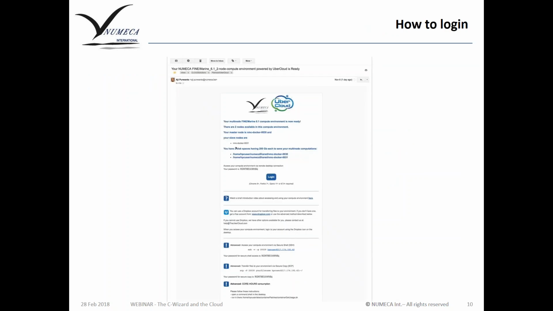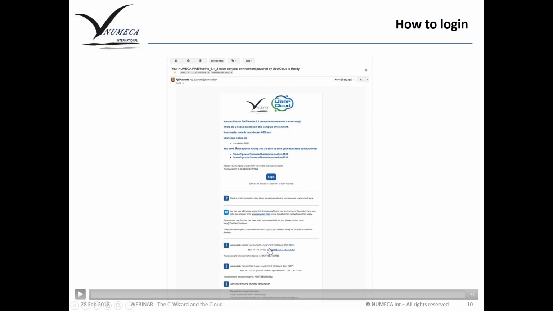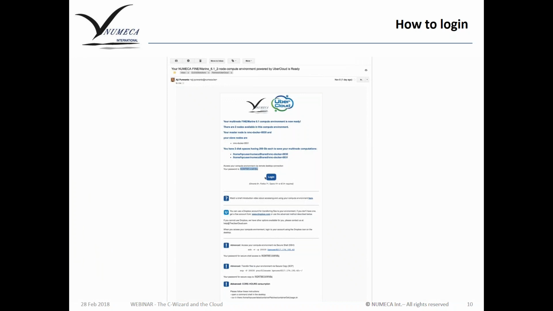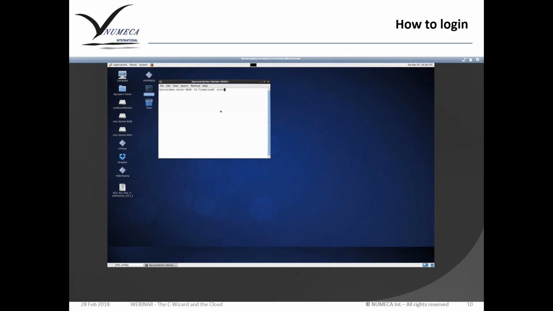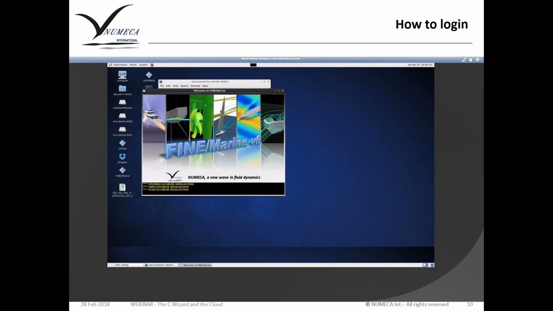And the second step was that you are going to receive an email. This email is shown here on the screen, and I'm just going to make a demo of what will happen as soon as you receive the email. So you receive the email with the configuration that you have selected. You have a password, of course, a login step. You click on the login button. And here you are going to put the password, click on connect, and you're done. So the container is ready. You can type the command to launch FileMarine, for instance, and the simulation, or let's say the interface, will start